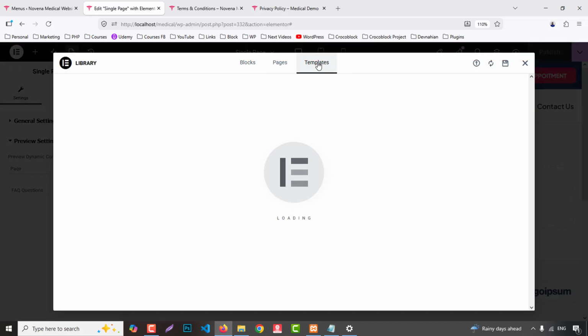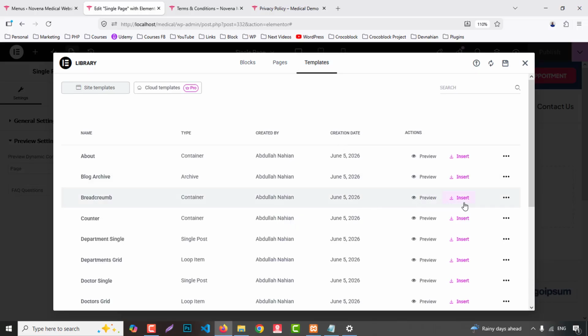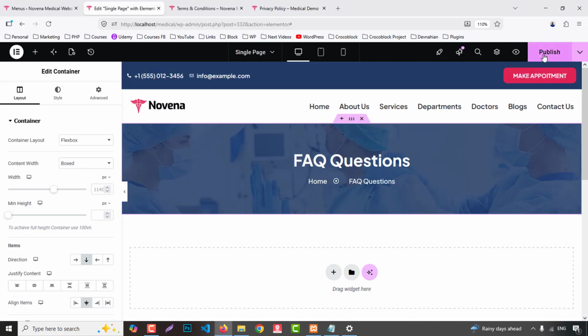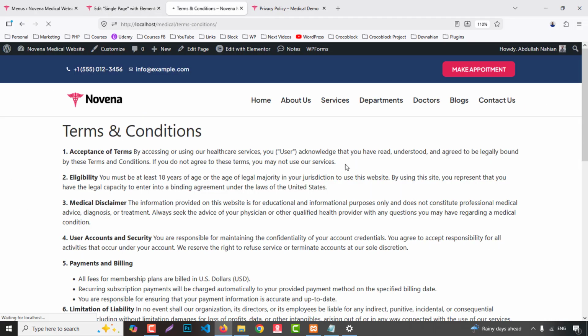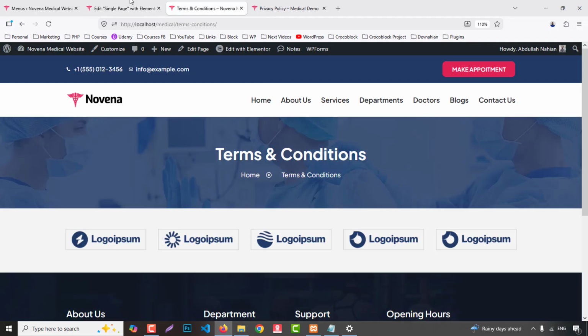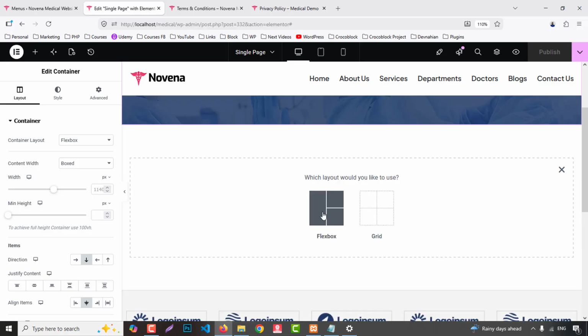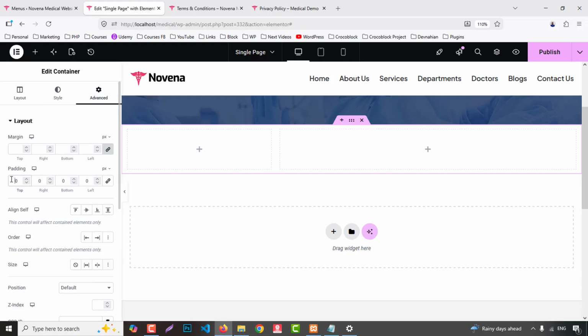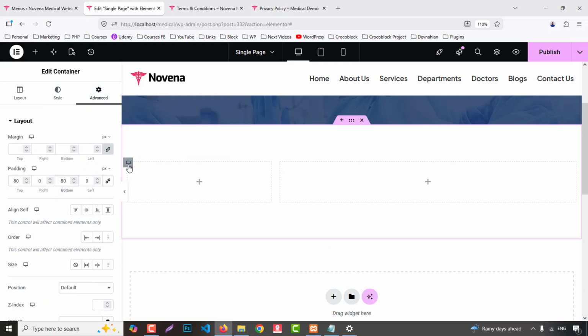First we have to change our breadcrumbs. So from here we can choose our breadcrumbs part. Click on publish. So if it's the page, okay, nice. Now click on the plus icon. From here we can choose this layout. So go to advanced padding, like top 80 pixel, bottom 80 pixel, and